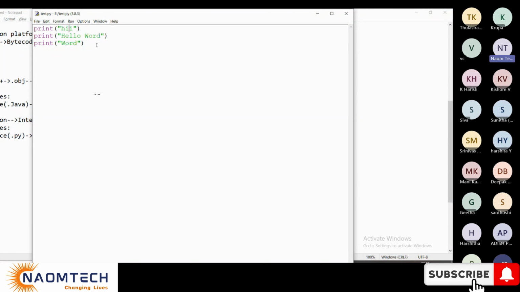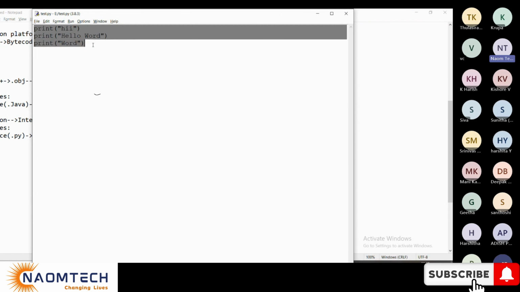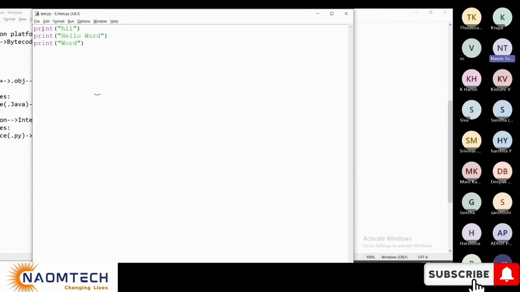Let me take some example so that it's more clear for all of you. Otherwise, I'll come up with a small code snippet to give you a good picture about the execution flow of Python. I'll come up with a program tomorrow. I don't want to waste time. But see, in Python, it gets executed line by line.